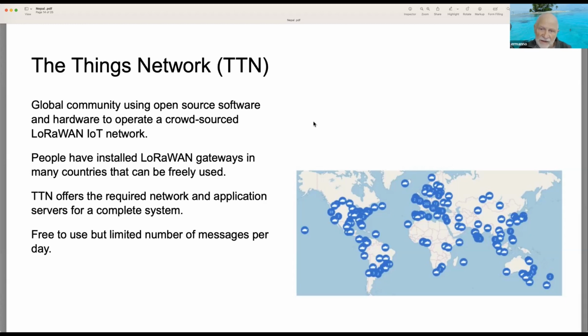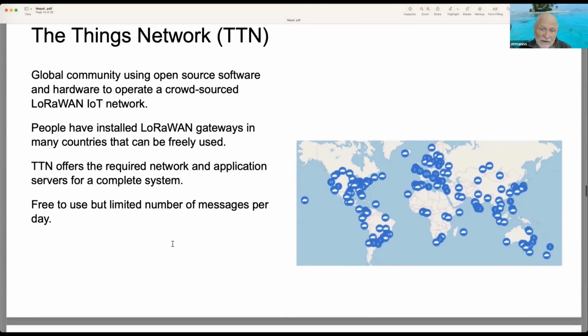So this is a very useful initiative. We have been using this kind of network for a number of years in many countries, and it's very good to start using it. But for operational purposes, you are limited because the number of messages per day is quite small if you use the TTN, the Things Network. So other alternatives can be used,